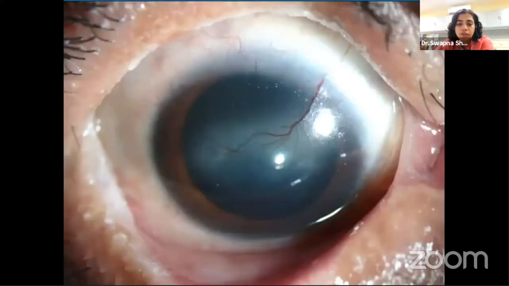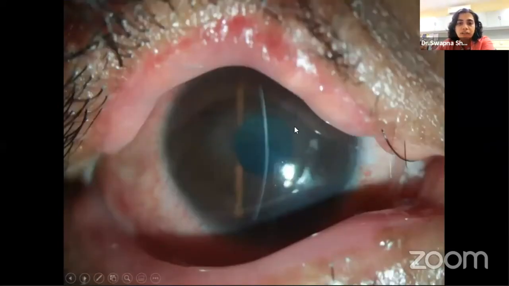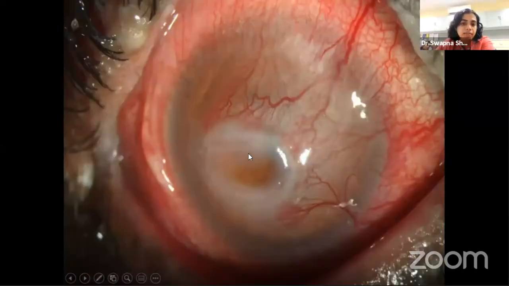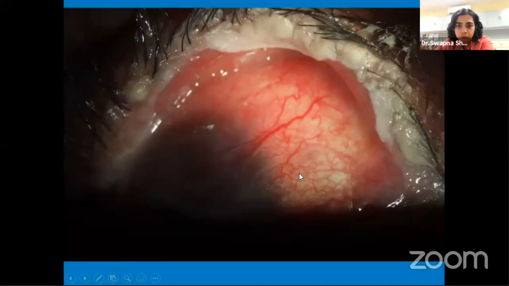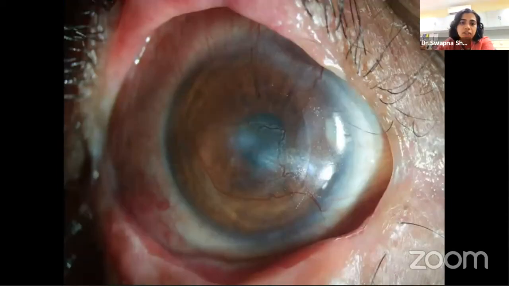Now, looking at the outcomes of mucous membrane grafts, if you look at this eye, both the upper lid and the lower lid margins are keratinized and the cornea is vascularized. However, the corneal vascularization has reduced in density after a mucous membrane graft has been done for both the lids. Again, this is almost in the acute stage. The cornea is really affected. It's almost very thinned out, with a lot of vessels. Very florid keratinization. Again, with a lid margin MMG, with a PROSE lens, this patient is doing very well. So we have managed to salvage this eye.